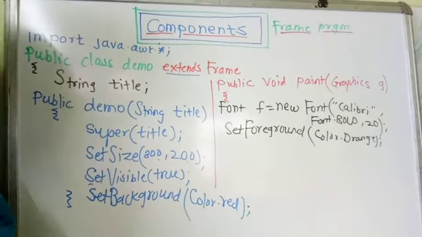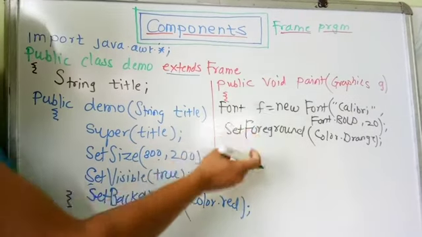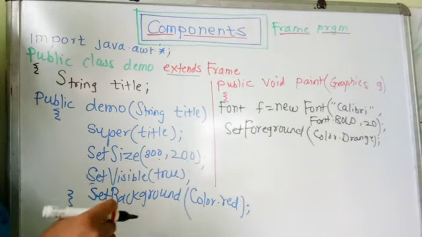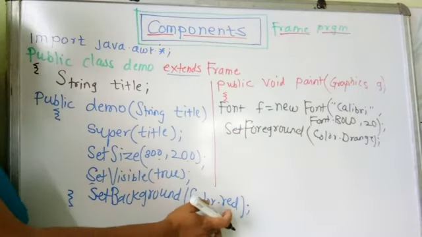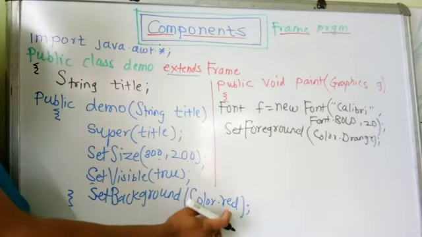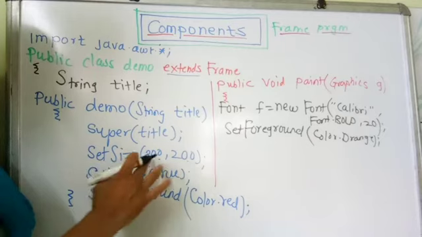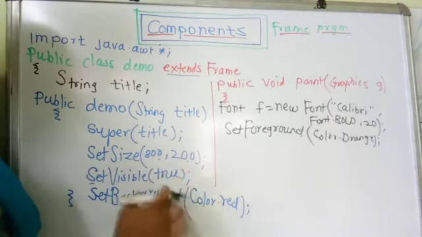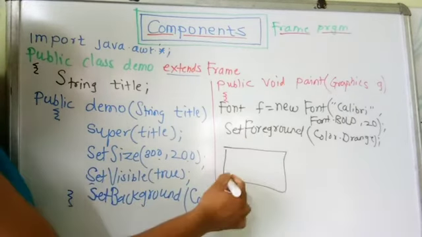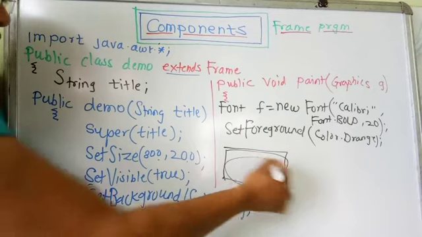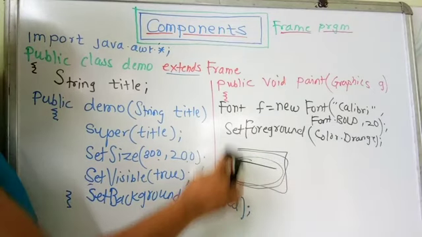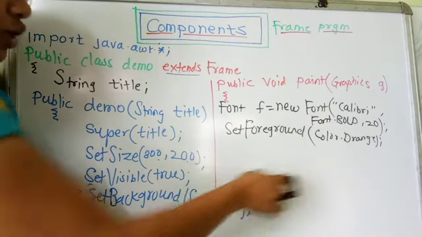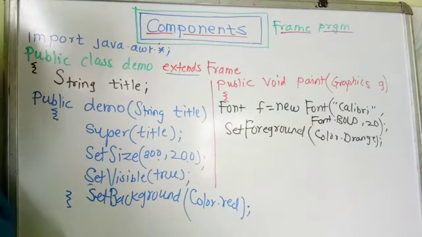Now we had taken the font, set the foreground, means the text color will be displayed on this, and the background color will be displayed as red. Means how this window will appear in front of you, that is a 300 by 200 size screen will be displayed. Then it is having the red color in background and the label will have the orange color. Now how to draw this label on the screen in terms of a graphics mechanism?